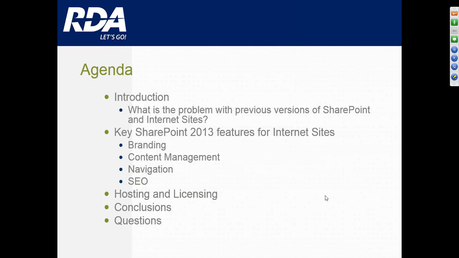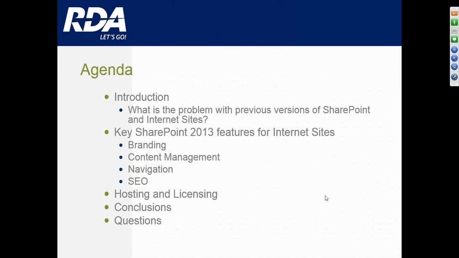Then we're going to talk about the new SharePoint features that are targeting these issues and how they're solving those problems. We're going to categorize those features based on categories that every good website should focus on, like branding, content management, navigation, and search